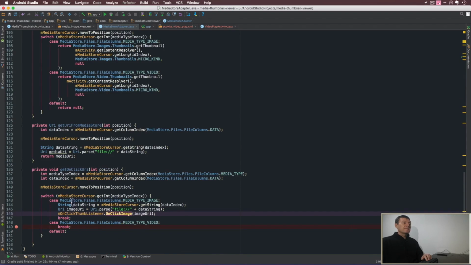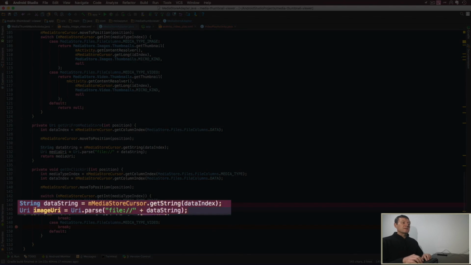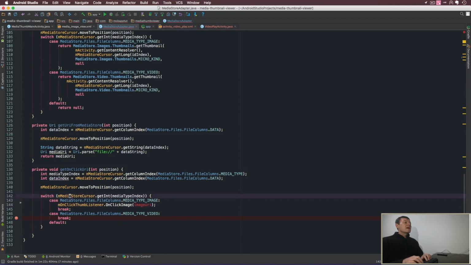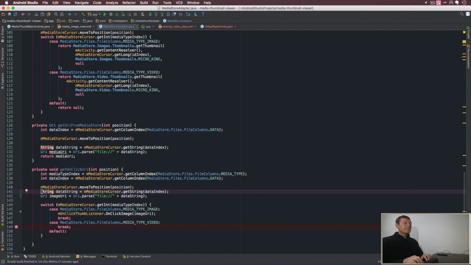Okay, let's go across to see where the video image is called. Okay, here it is. Now these two lines here, let me just highlight them. They need to be made generic because they can represent either video or image. So let's move them outside of the switch statement and paste it up here, and let's set up a generic name so people don't get confused. I'm going to change this to video URI. No, that's the opposite. I want to change this to media URI,